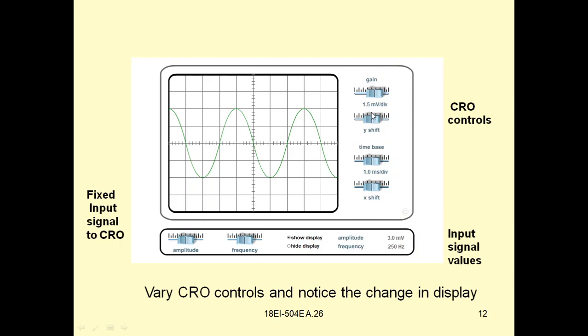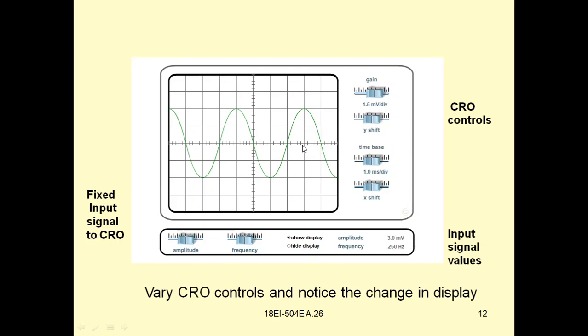Yes, 1.5 millivolts per division. So here you can see for one division the variation is 1.5 millivolts, and here it is given as amplitude, not peak to peak amplitude. Amplitude means from center we have to measure the peak value. So from center, if you observe, it is occupying two divisions, and each division corresponds to 1.5 volts. So 2 into 1.5 is 3 volts.